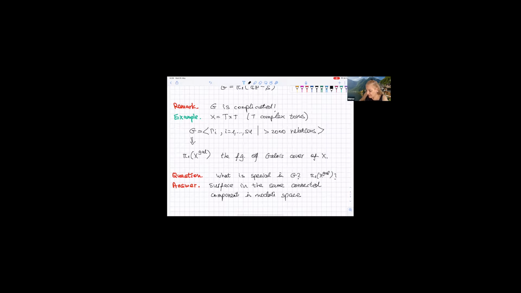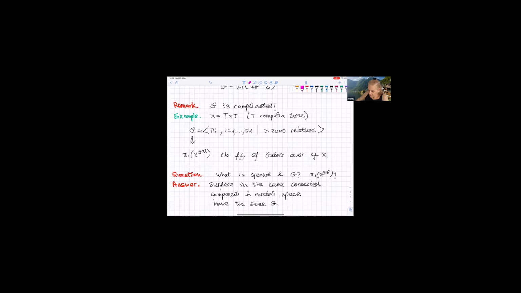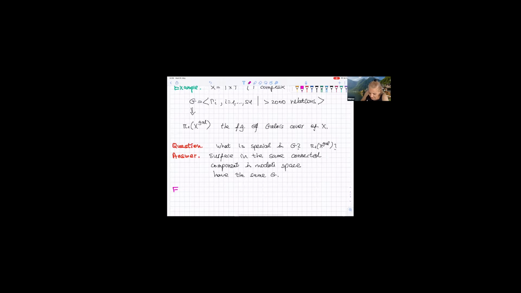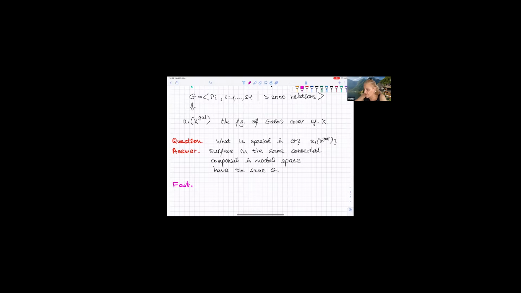They have the same G. And it holds also for pi 1 of X gal, which is a very nice thing. And now a fact which is well known to many mathematicians, and was proved by many of them, is that if we take